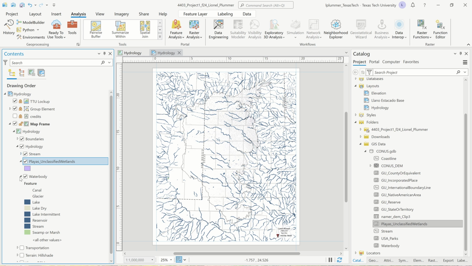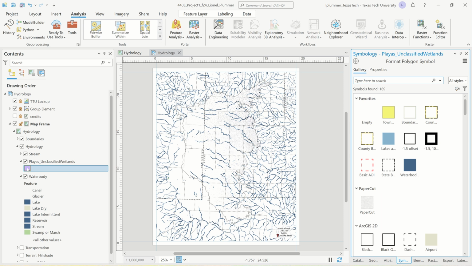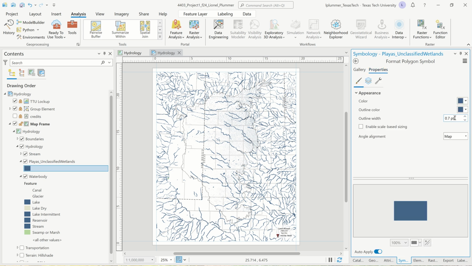and let's go to these playas, and we're going to symbolize them the same way with the water bodies in Larkspur, but I want to give them just a little bit of an extra bump, so let's take them up to a 1 point, and that just helps them, they just look better that way. Okay,